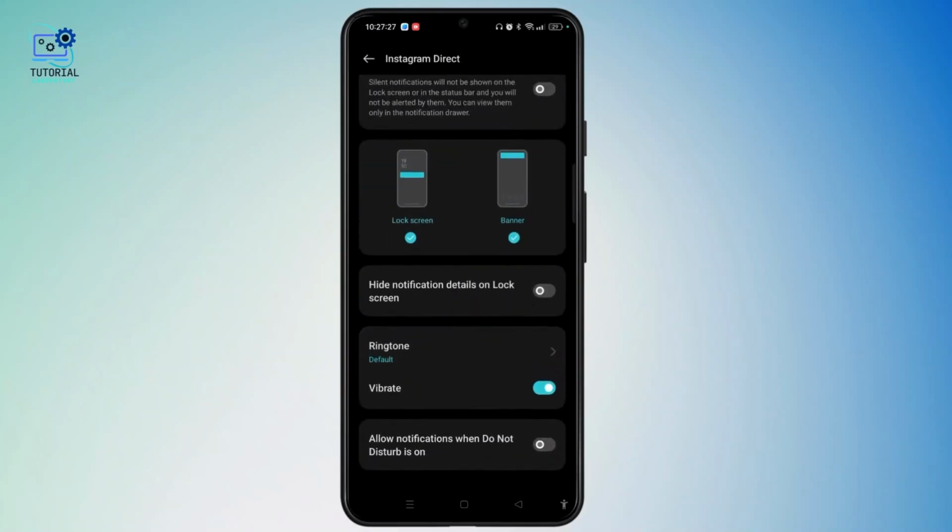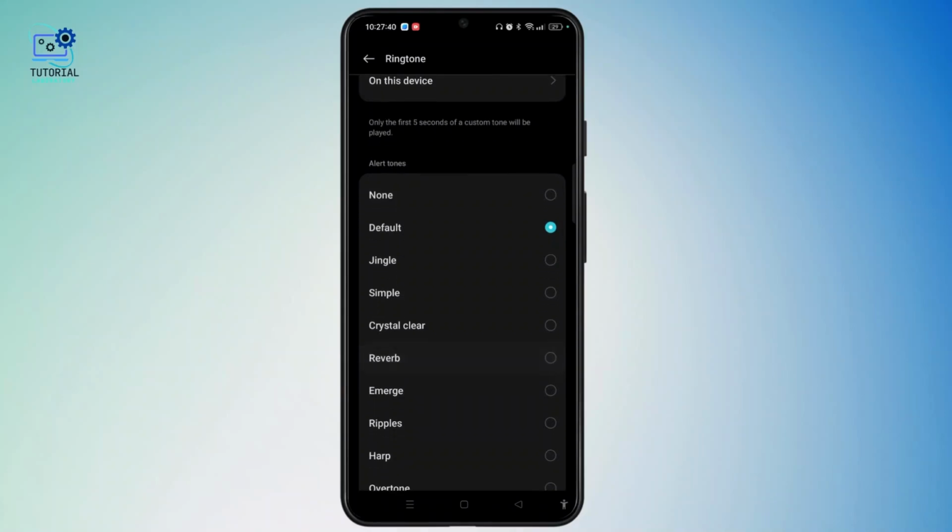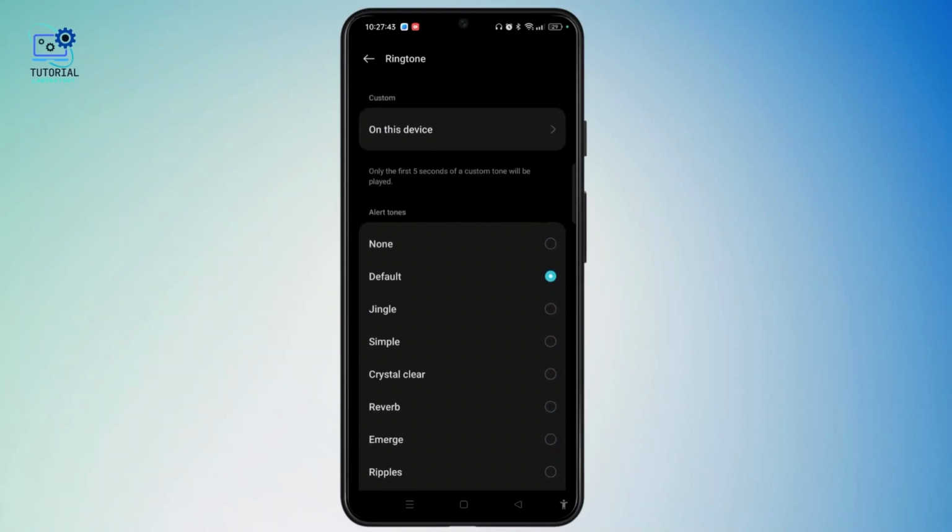Scroll down again and tap on default. Tap on the ringtone option. So here you can see that the ringtone has been set to default. If you want to change your Instagram notification ringtone, then you need to select any one at your wish, or